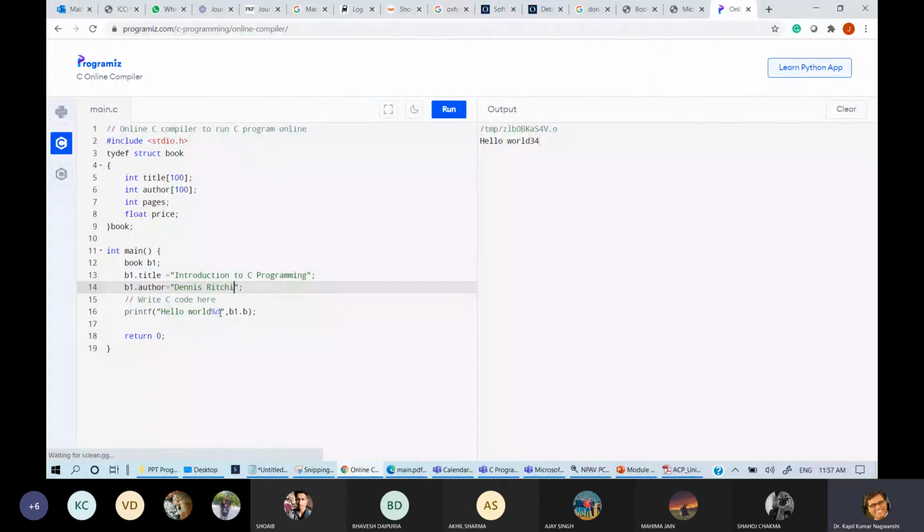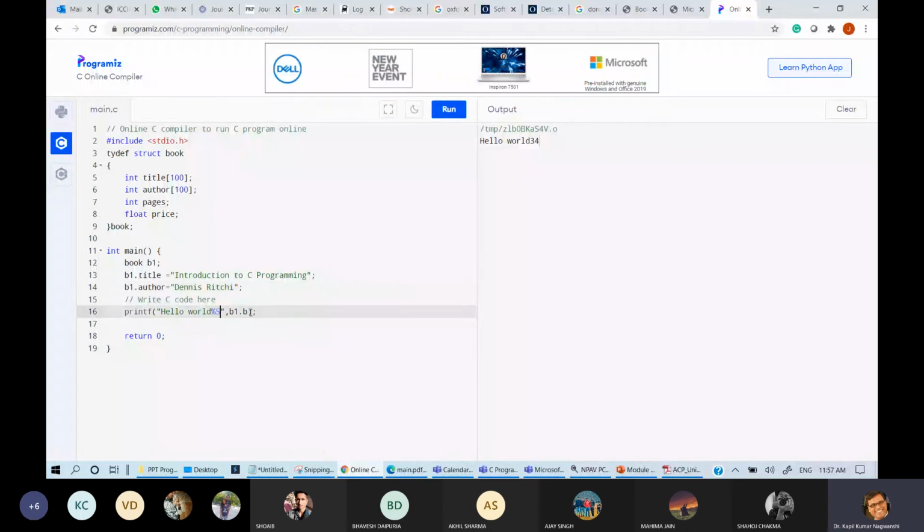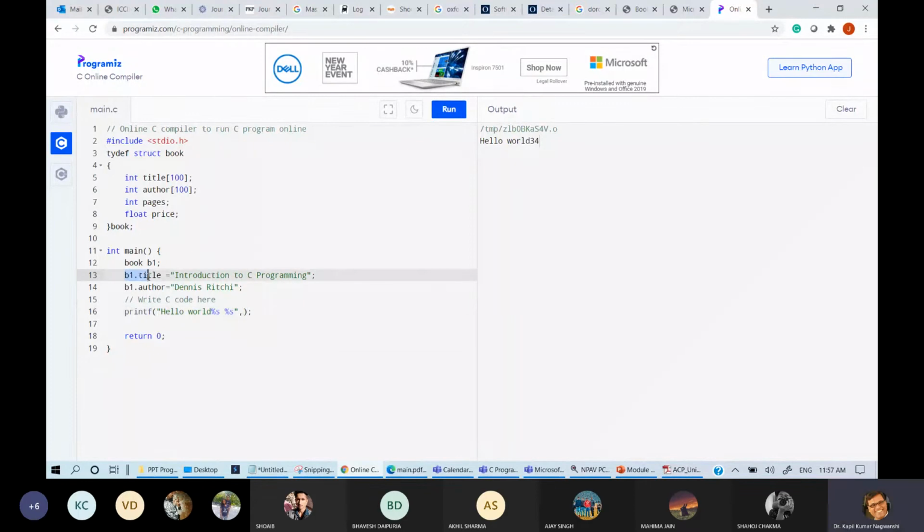Then printf hello world percent s, and then I am writing comma.